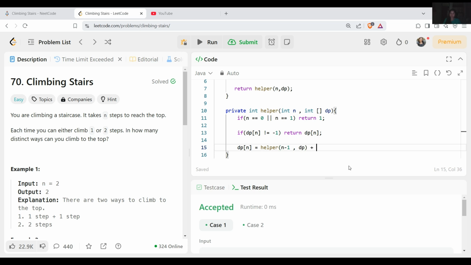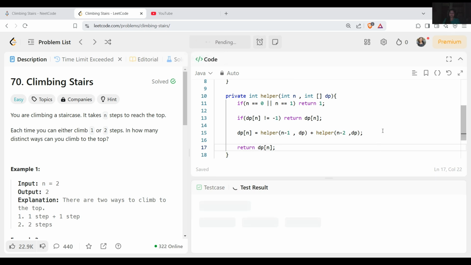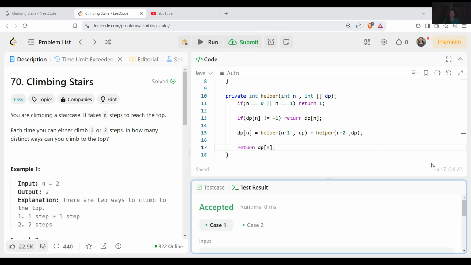And the same we have to do for n minus 2, and we'll pass the dp inside this. Once the value is calculated, we simply return dp[n] from here. This is done now. Let me run this. Fine, it's got accepted.